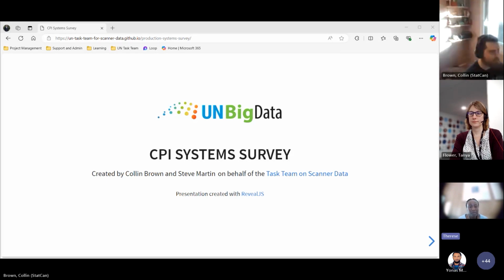So as part of their work, the task team is interested in publishing guidance on how countries can develop their IT infrastructure to be able to incorporate these alternative data sources. So to identify good practices and inform guidance, the task team is conducting a survey on existing practices used for consumer price production systems. Because they are keeping the statistics officers as the user, they want to understand the landscape, the different contexts we are in, so that it informs their planning for our benefit.